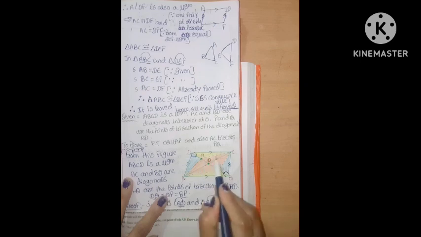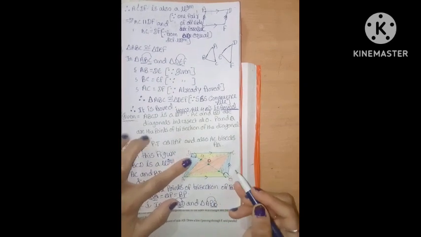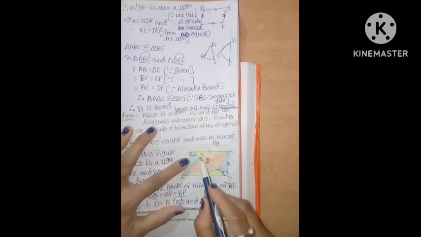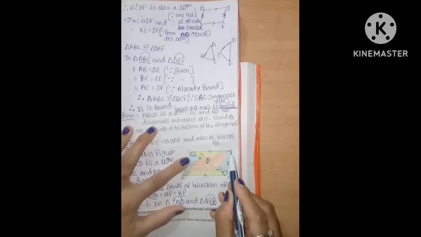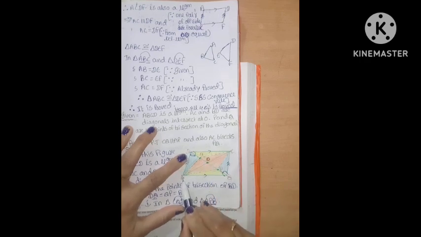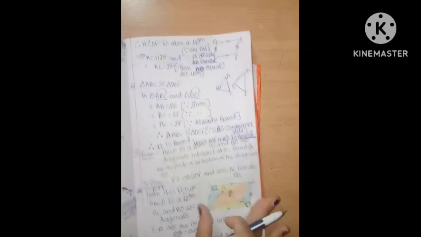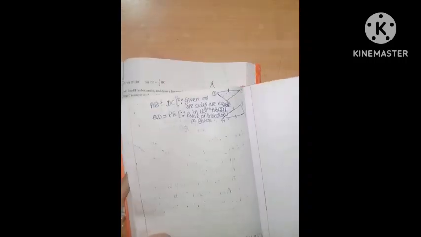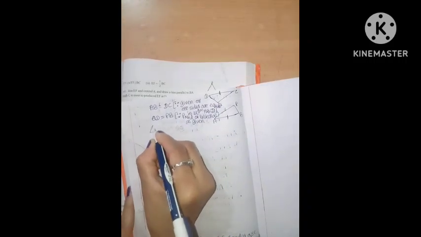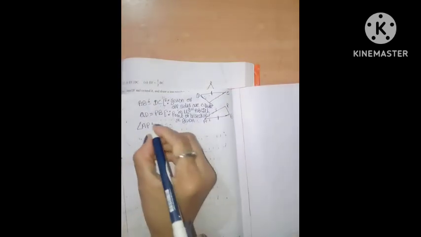So in this triangle CQD, what are the alternate interior angles? Angle CDQ is equal to, in the other triangle APB, what are the alternate interior angles? In this part the alternate interior angles are equal. So what's the angle? ABP. These two are equal. Are you understood? Angle of ABP